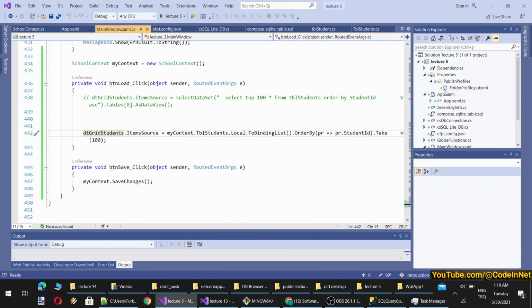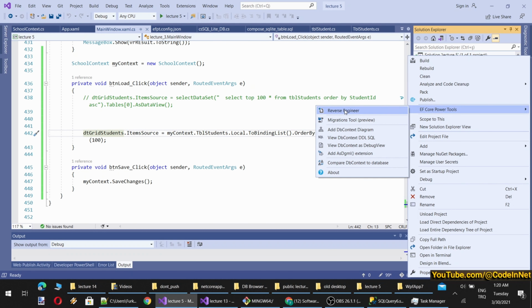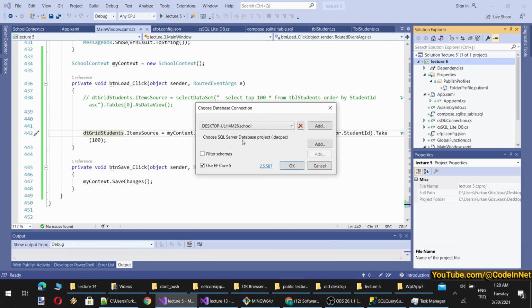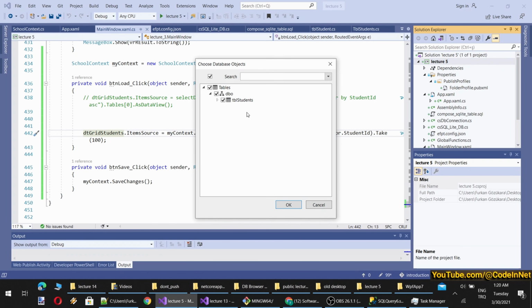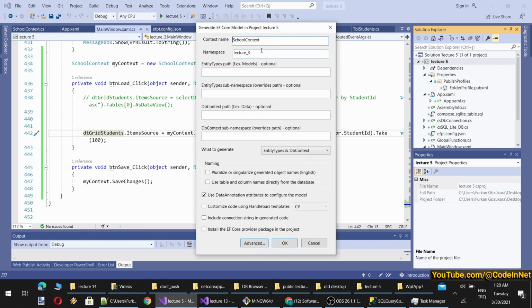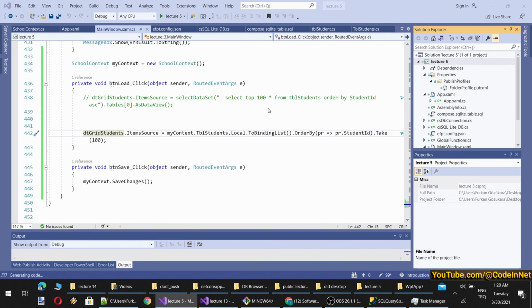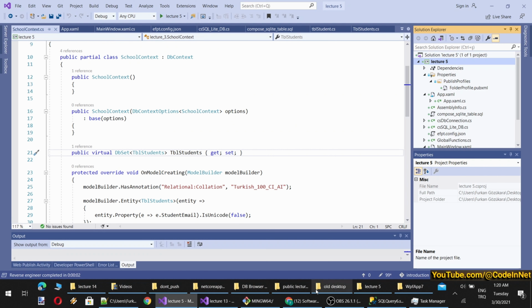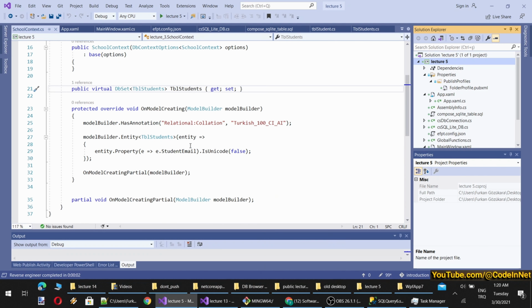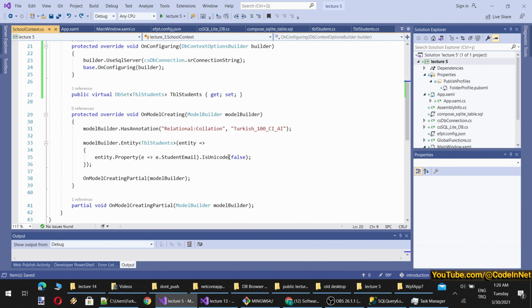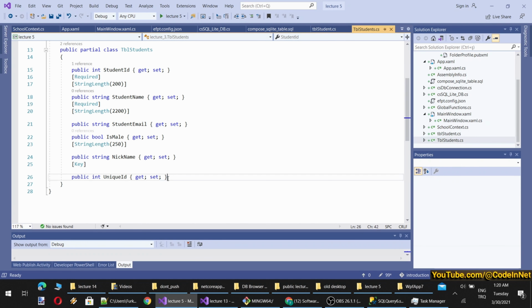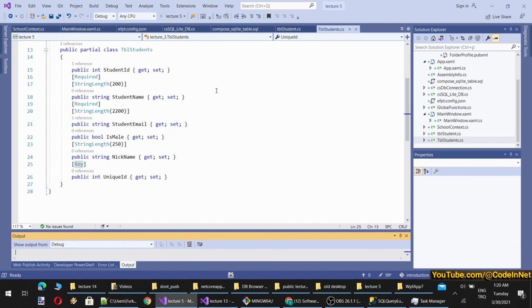Now I have to re-update my existing classes. Okay, I think it is automatically recognizing. And what will it do? Okay, so our code is gone. So let's bring back the student. Nice. You see now we have unique ID here and it has the key parameters. So now when we run the application, it should work as expected, hopefully.